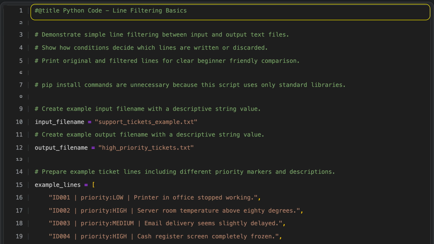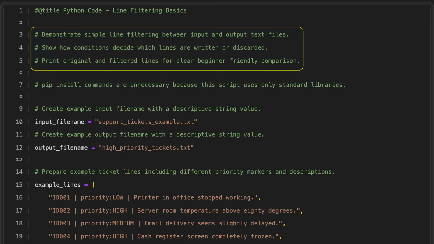Python code, line filtering basics. This lesson shows how to perform simple line filtering when copying text from one file to another. You will see how conditions are used to decide which lines are kept and which are discarded. The goal is to compare the original lines with the filtered result so beginners can clearly understand how the filtering